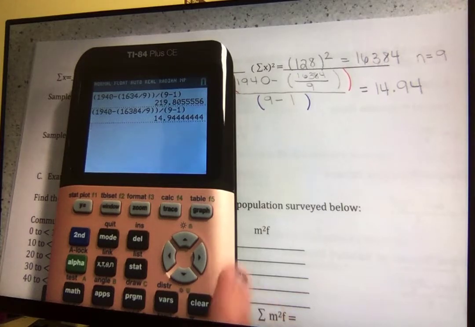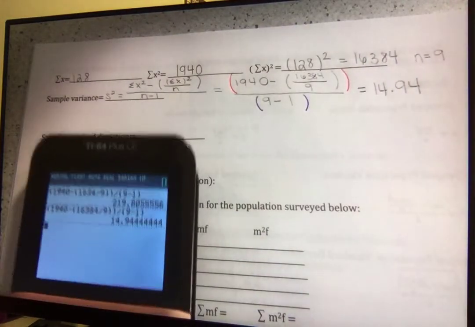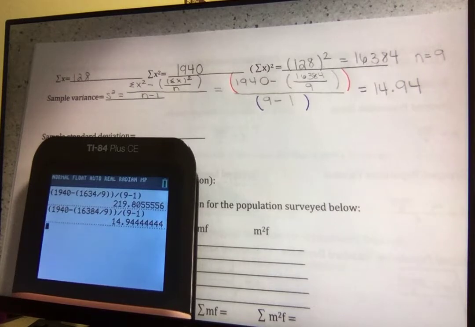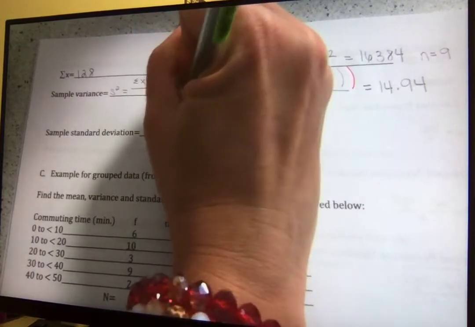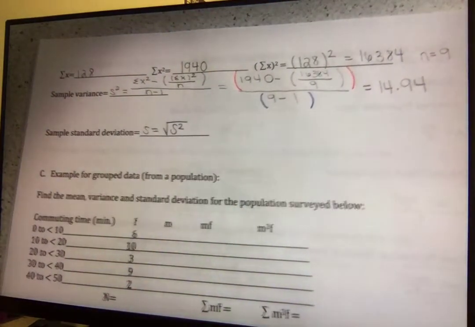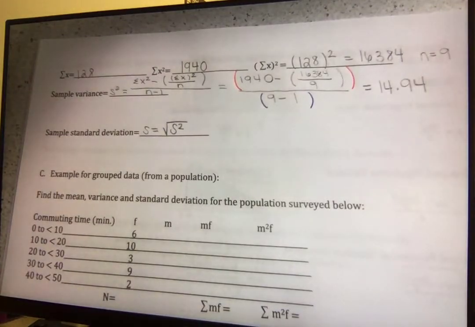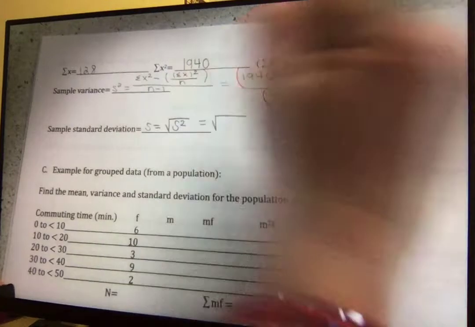Questions, comments, concerns for me, please, about sample variance? So now, taking the sample standard deviation, remember that's just S. The standard deviation is the square root. S is the square root of S squared. I know what S squared is, I know what the sample variance is. So it'll be the square root of